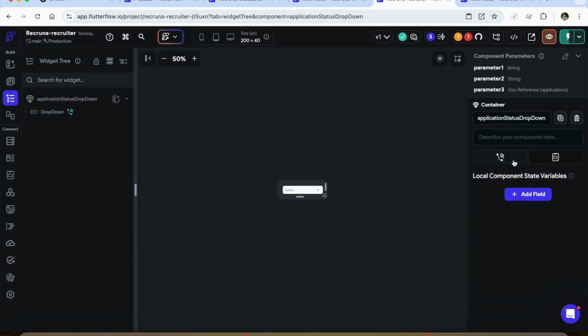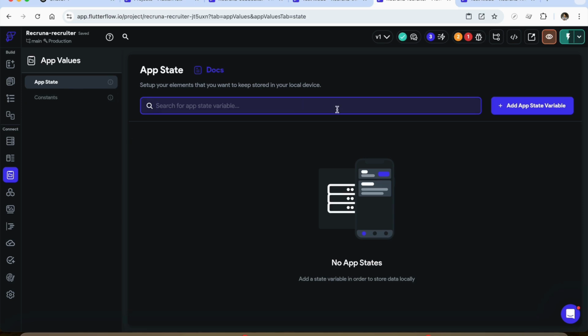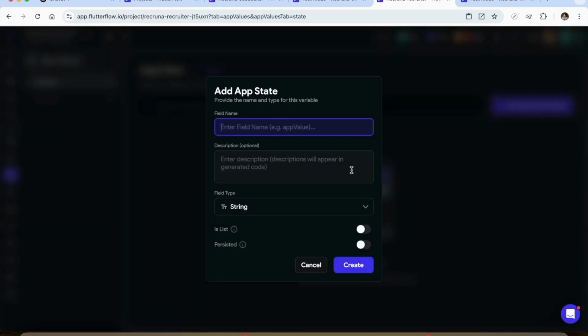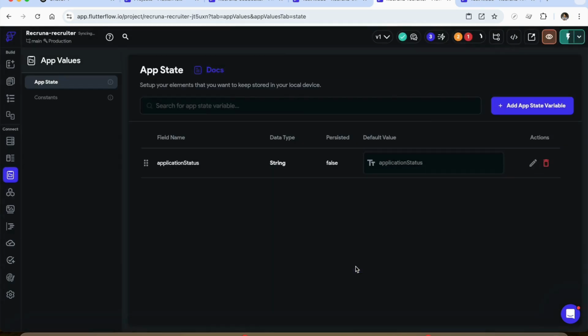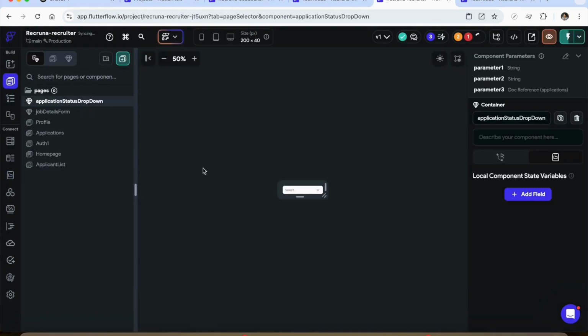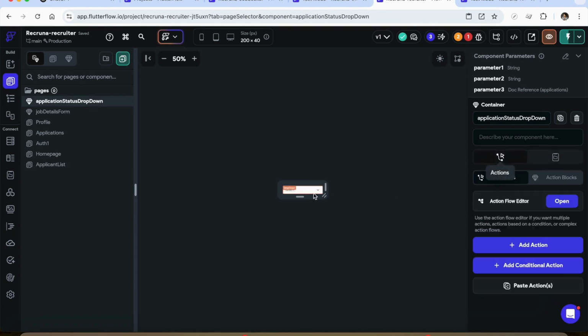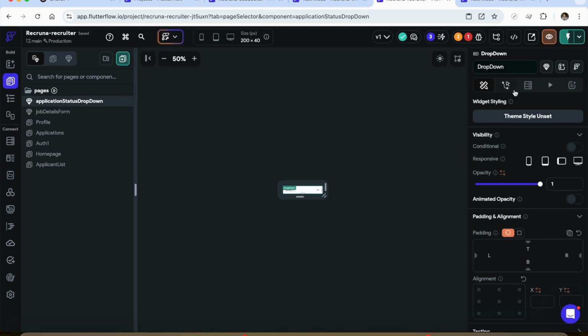Okay. Now over here, I'm also going to create an app state, a new app state variable, which is called the application status, because I want to use this across. So this is a string, right? Now when this is selected,